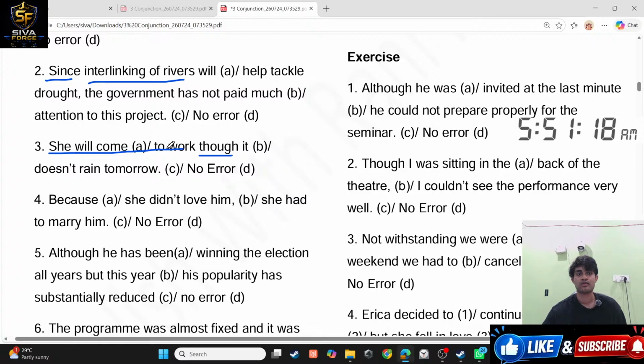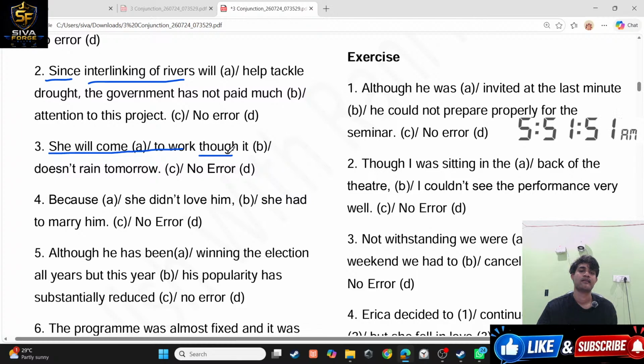Now you have to remember one thing. This is a contrasting clause. She will come to work. So we should use another conjunction here. She will come to work. We should use a non-contrasting conjunction. She will come to work even though